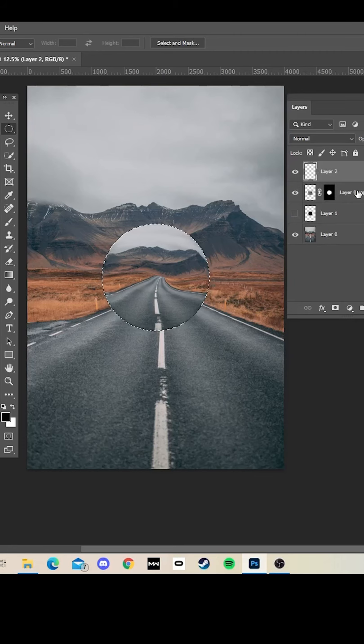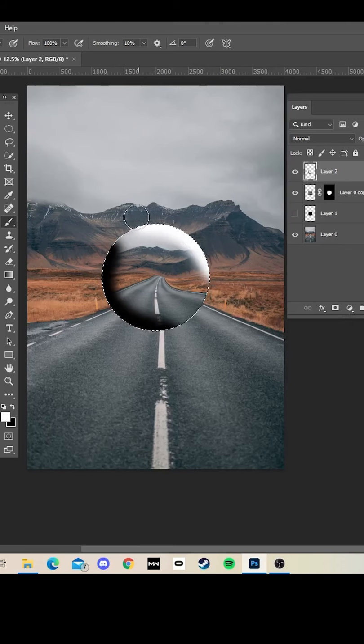And then add a new layer, and then with the soft brush with 0 hardness, I'm just going to paint some shadows. Make sure you go black as the forecolor and just paint some shadows on the bottom left. Press X on your keyboard, change it to white and create some highlights on the top right. Make sure your blend mode is normal, and I'm just going to drop down my opacity to about 55%, just